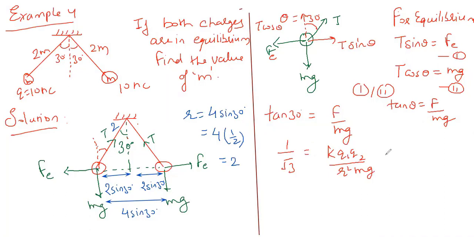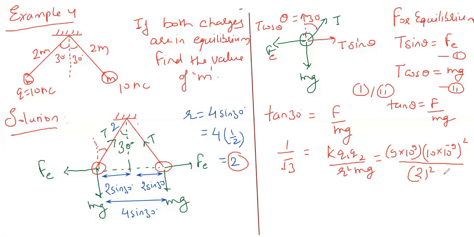So, putting all the values here, what is k? K is 9 into 10 raised to power 9. Now how much is q? Q is 10 nanocoulomb, so it will be 10 into 10 raised to power minus 9, the whole square, divided by r. As we have solved, r is coming out to be 2. So I can write here 2 square, and the value of mg,